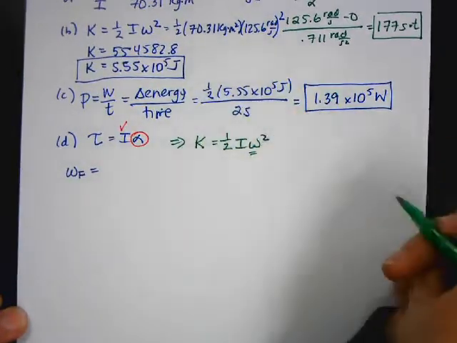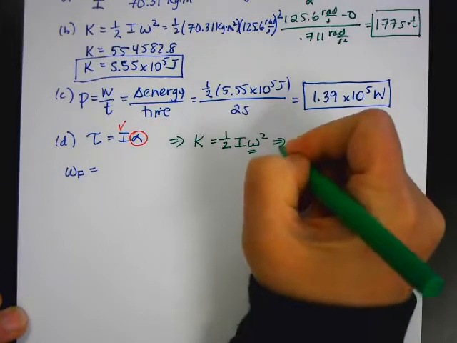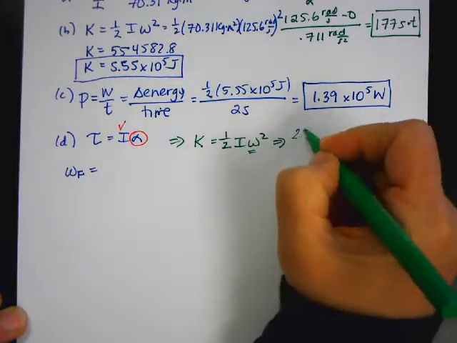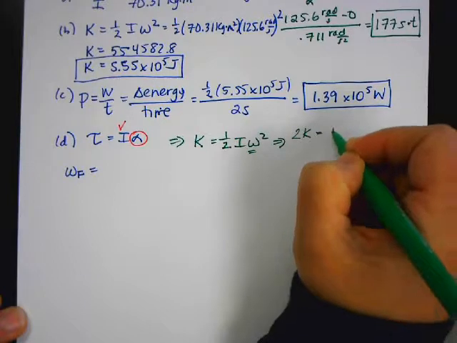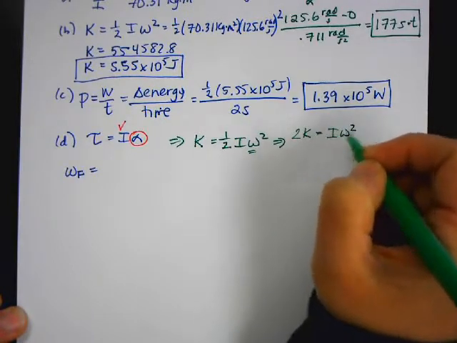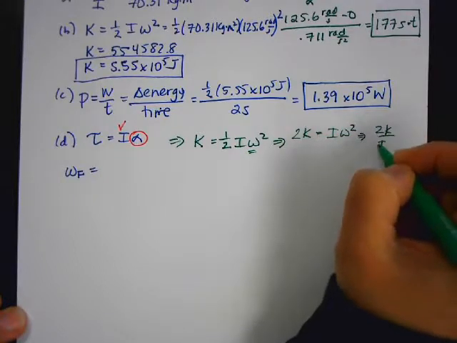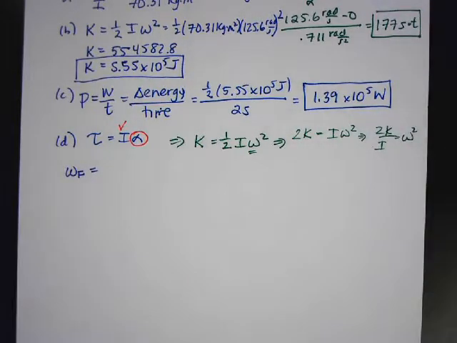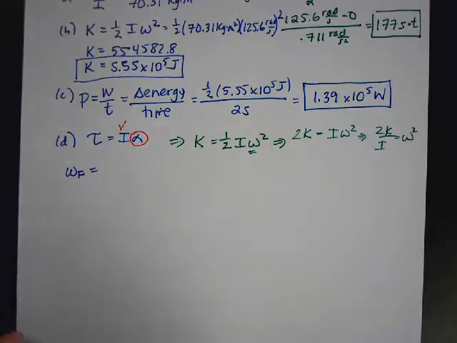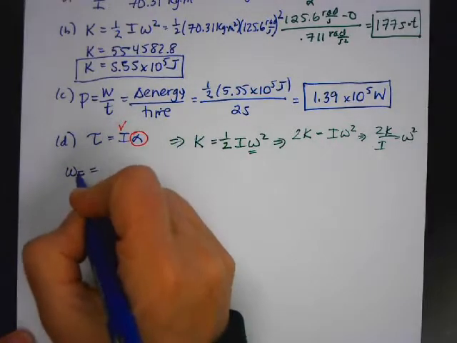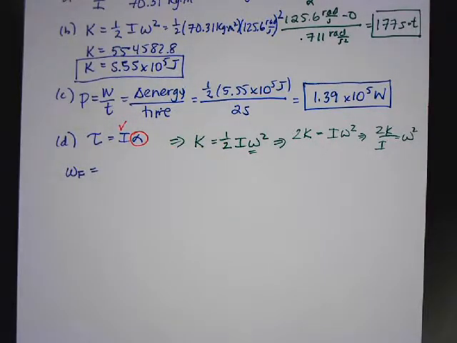So now we want to find this omega. I'm going to rearrange this equation, and I'll multiply both sides by 2. I'll divide both sides by I, so 2K over I is equal to omega squared, and then I'll take the square root of both sides. So omega is equal to